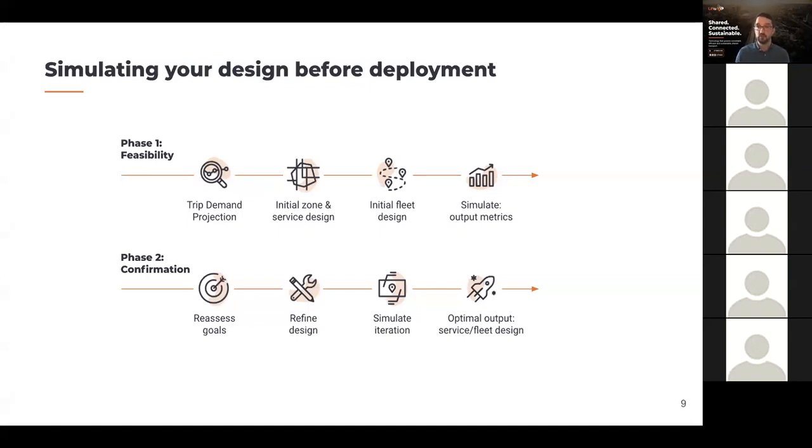For example, for Just Go, we looked through lots of different customer experience settings. An example might be the maximum allowable journey time. That's effectively how much we're allowing the buses to deviate to pick up additional passengers, and we can see the impact that has on the number of vehicles required to maintain that level of service. The output from this should be an optimal design. It helps to de-risk the launch process and remove as many of those unknowns as possible.